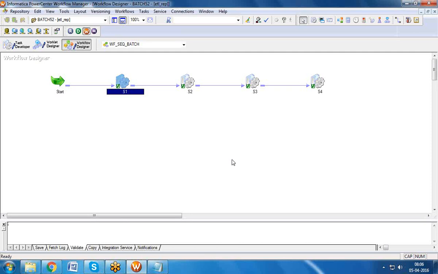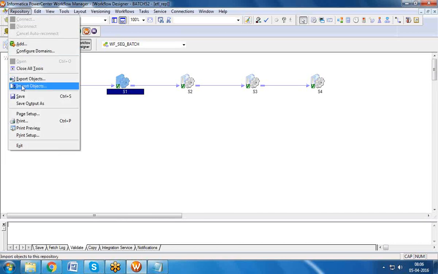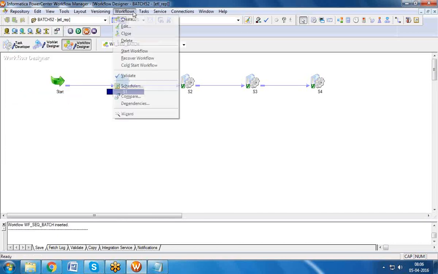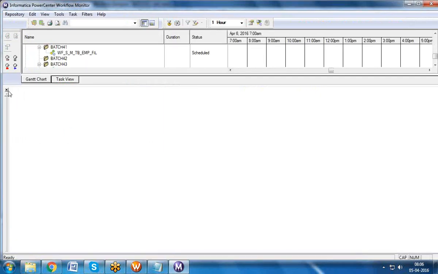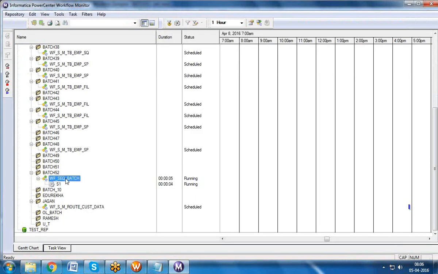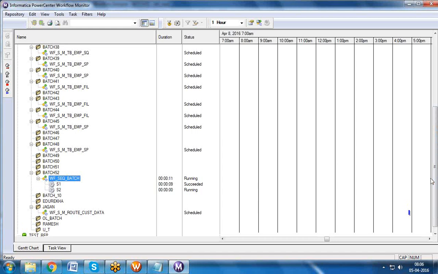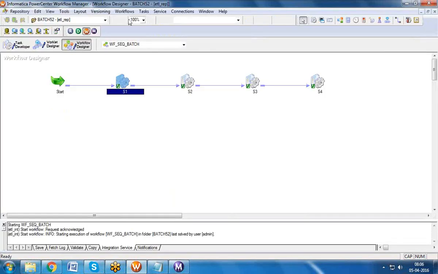A group of sessions is called a batch. There are two types of batches, sequential batch and parallel batch. In a sequential batch, what is going to happen? A session executes one after the other. In this way, your sessions are going to execute one after the other. This is called sequential batch, and this is called parallel batch.